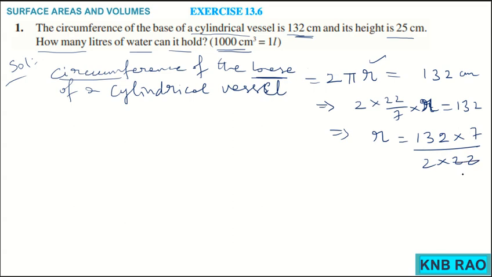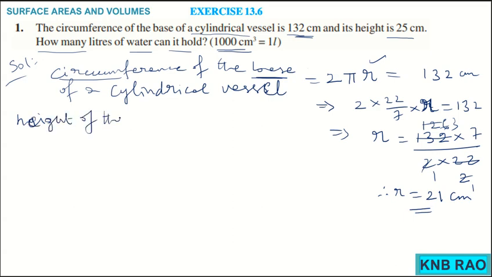So on cancellation, 11 2s are 22, 11 12s are 132. Now 2 1s are 2, 2 6s are 12, and 2 1s are 2, 2 3s are 6. Therefore r equals 7 3s are 21 centimeter. We got it. Already they gave you height